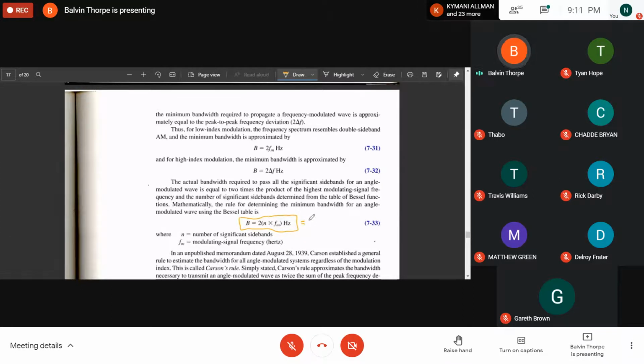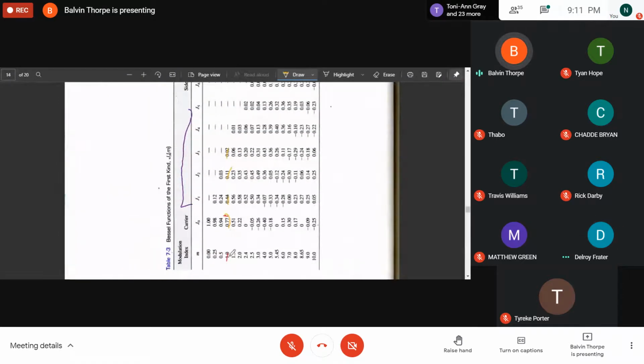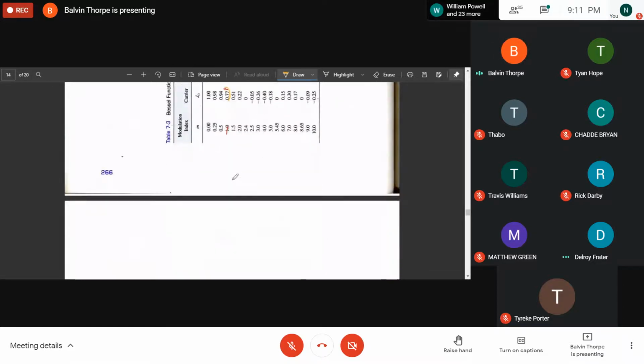So what was n again? This is 2 times n. What is n? How many significant side frequencies did we have, ladies and gentlemen? 3. For a modulation index of 1, we're going to have 2 times, open bracket, 3. We got 3, right? Go back. See? Yes, 3. For modulation, we don't include the carrier, we include the significant sidebands, which are 1, 2, 3. So 3,